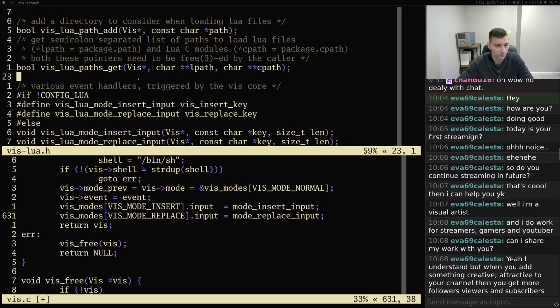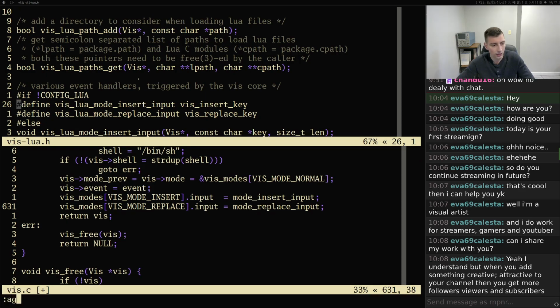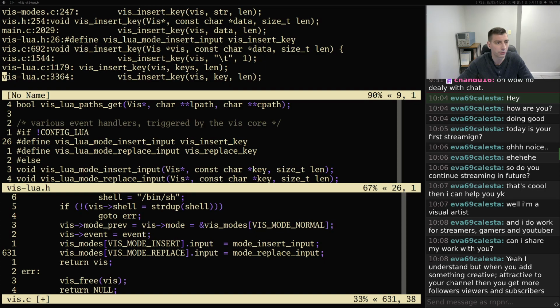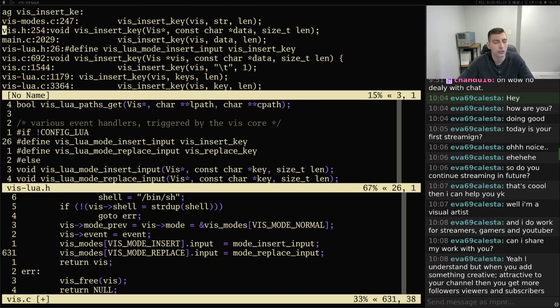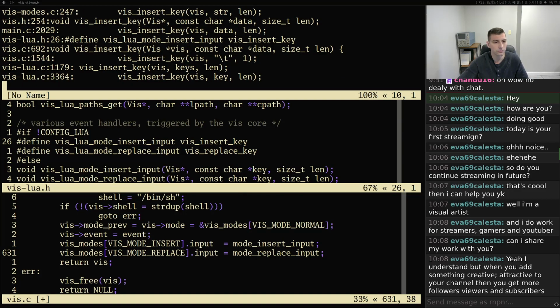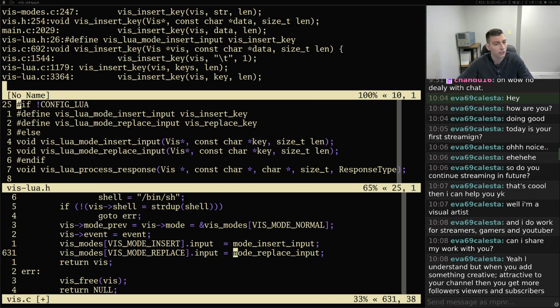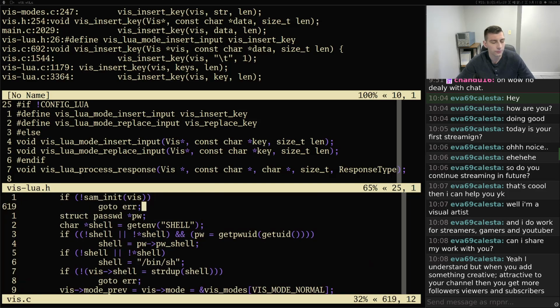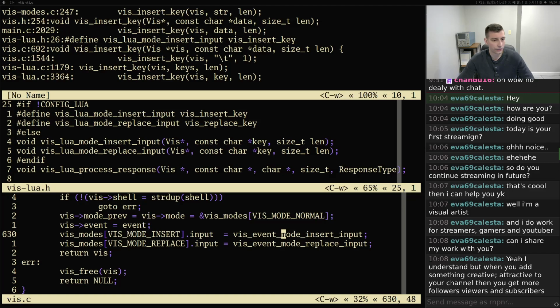Lua.h, so if this insert key is defined where, let's call this this event mode insert input and this event mode replace input. Then we will